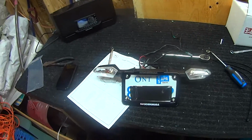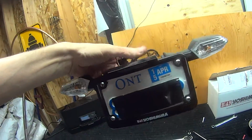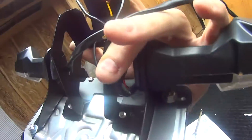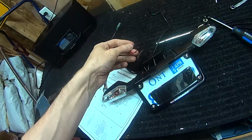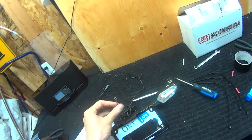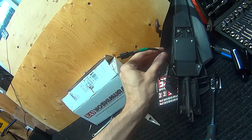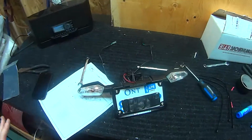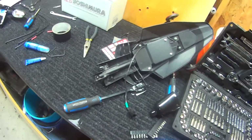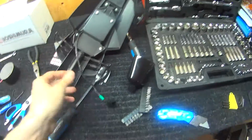So with everything mounted up, that's how she looks. Everything seems pretty stable, everything seems pretty sturdy. I snaked the wires through the inserts here, and they will be going through that center hole right there. But first I will go ahead and, I guess the inevitable, I got to cut this wire off for the license plate light. It's going to pain me to do so, but it needs to be done, and it's going to look good, so that's my justification. Figured I'd record this so you guys can share in my pain here of cutting this